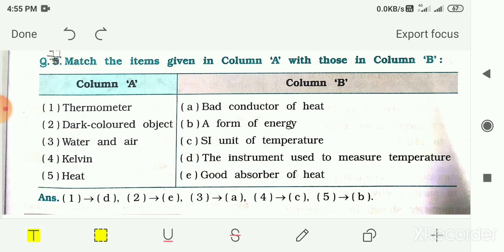Then after we had seen the textbook exercise solution for this chapter. Then in additional exercise we had seen MCQs, fill in the blanks, answer in one word, true false, answer in one sentence, scientific reasons, difference, classification, and matching. All this exercise you have to write in the notebook. We had already also seen the answer in short. So that exercise you do not have to write in your notebook. The rest of the exercise, all the exercise you have to write in the notebook.